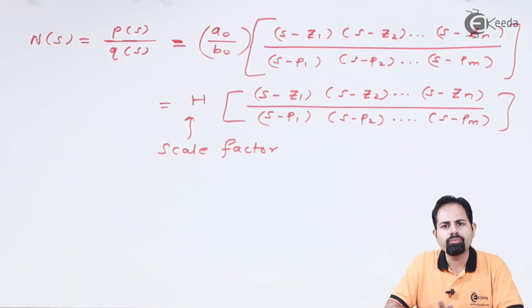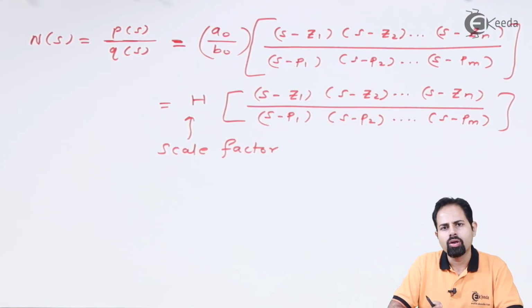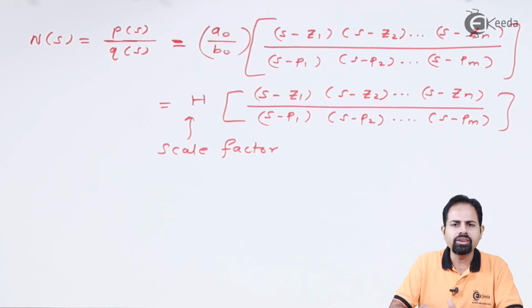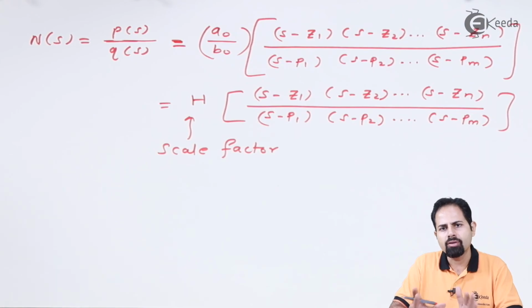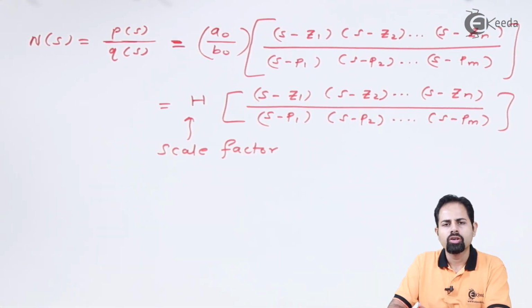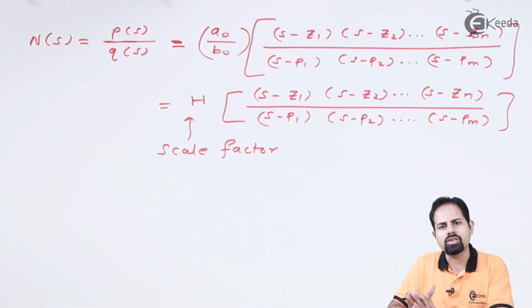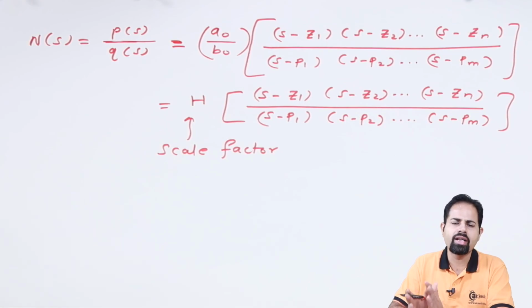So what is the importance of a pole and zero? Suppose a network function doesn't have any pole or any zero. Then such a network function is not that useful. In general, if a network function has some poles or zeros, it is practically usable. Otherwise, it will be a non-changing function, which is of hardly any use. So that is all about the introduction to poles and zeros. From here, we'll see some numericals on poles and zeros, and then we'll see certain conditions for impedance function as well as transfer function.